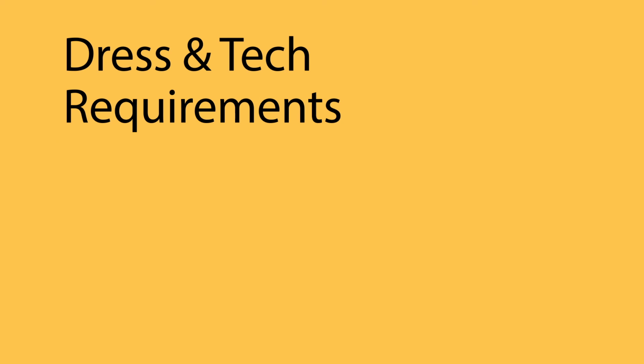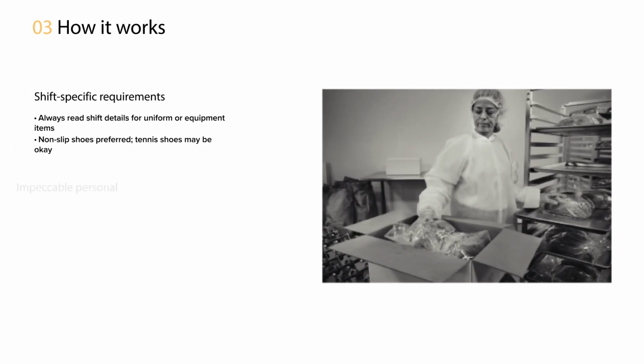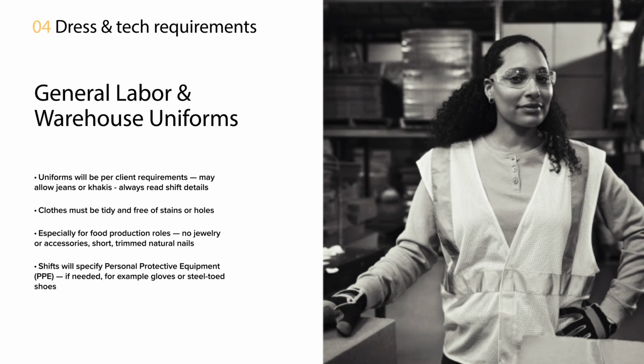Next, let's review the dress and tech requirements that may come from certain clients. General labor and warehouse shift dress requirements will depend on the client. In all cases, clothes must be tidy and clean and may need to be warm depending on the shift environment. Non-slip shoes are always preferred in the warehouse setting, but in some cases, gym shoes may be allowed. Jewelry, accessories, nail polish, fake eyelashes, and fake nails are not allowed in most warehouses, but especially in ones with